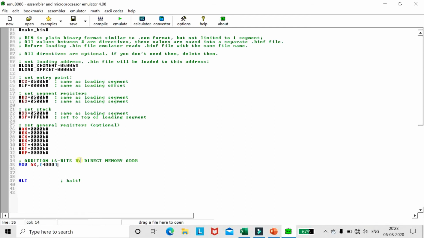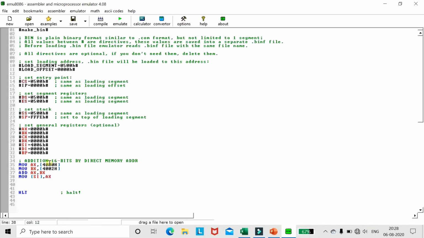Okay. Now we will write the code: MOV AX, [4000]. Put H, then only it will be considered as hexadecimal. MOV BX, [4002H]. ADD AX, BX. MOV [SI], AX.